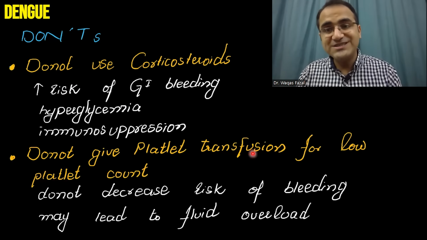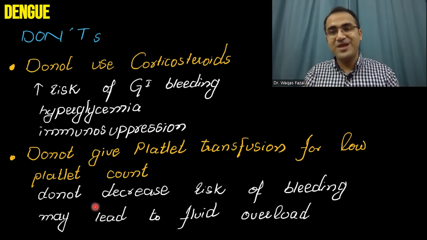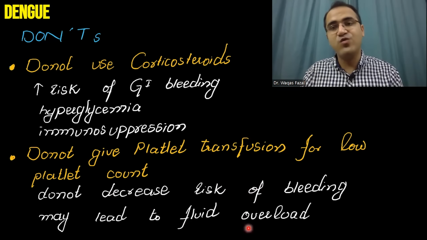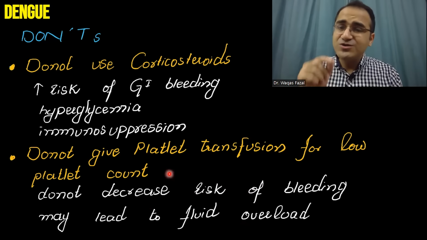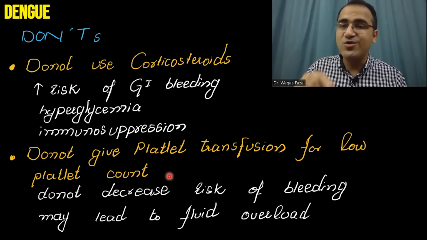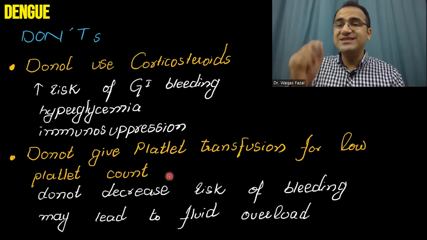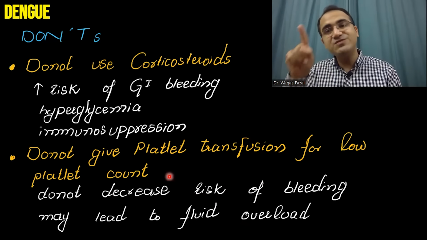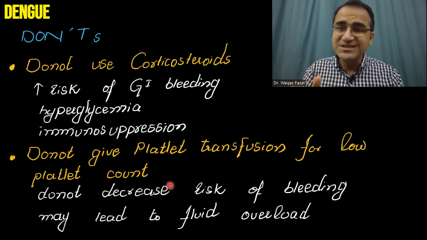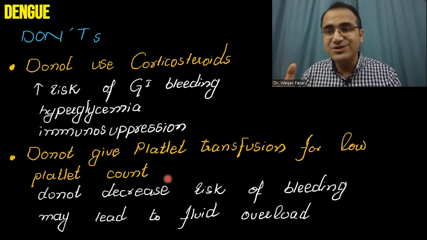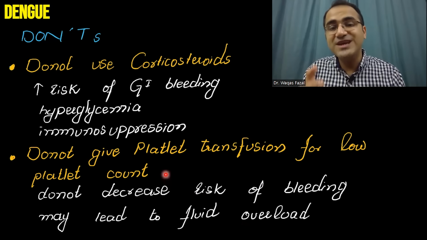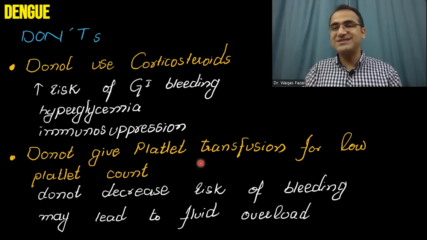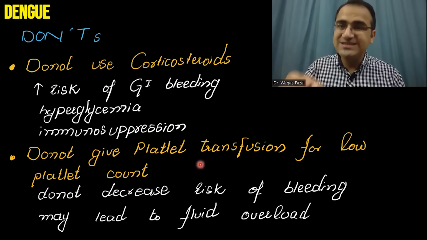Do not give platelet transfusion for low platelet count. A very important point: they do not decrease the risk of bleeding and they may lead to fluid overload. Remember, do not use platelet transfusion for thrombocytopenia until and unless there is severe thrombocytopenia with platelet count less than 10,000 associated with severe bleeding, because studies do not show any improvement in patients' health when the thrombocytopenia is treated with platelet transfusion. So do not give platelet transfusion unless the patient is having severe thrombocytopenia less than 10,000 with